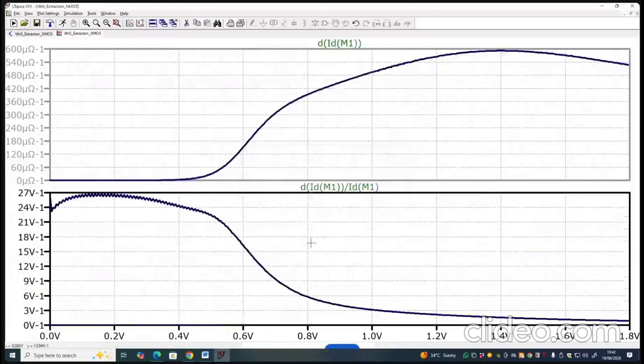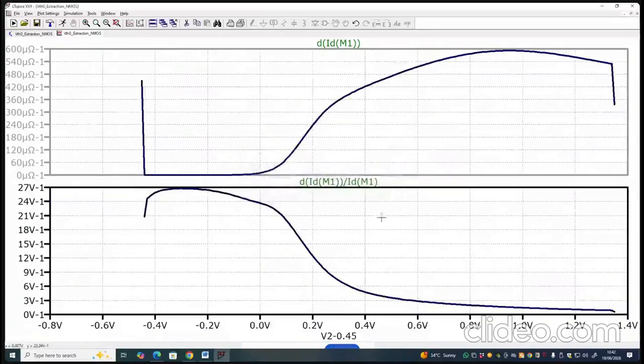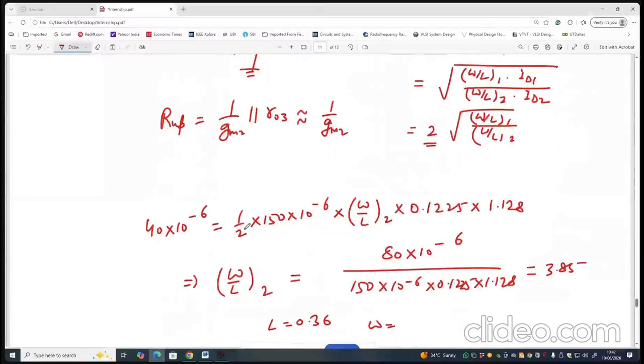ओके, सो ये नीचे वाला प्लॉट जो है दिस इज GM ओवर ID, एंड ये ऊपर वाला प्लॉट जो है वो GM है। और वर्सेस ओवरड्राइव अगर करना है तो ये VGS में से थ्रेशोल्ड वोल्टेज में माइनस कर देता हूं। अब देखिए, ये नीचे वाला प्लॉट जो है वो GM ओवर ID है, और ये ऊपर वाला प्लॉट जो है वो GM है। अब आप अगर देखें, चलिए GM ओवर ID का